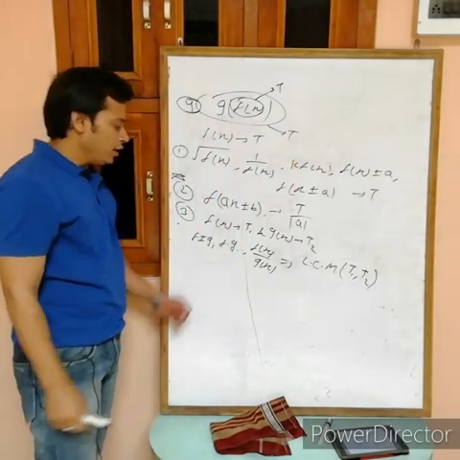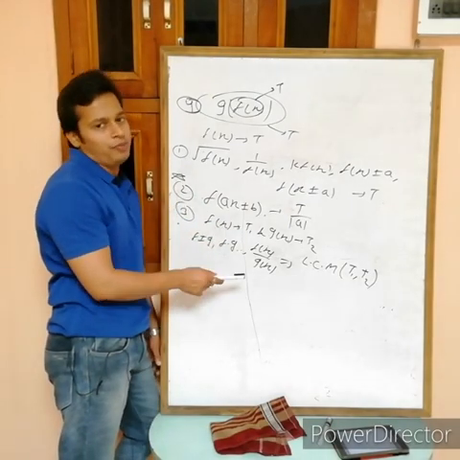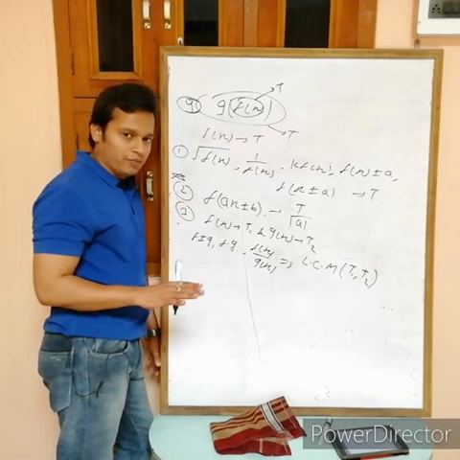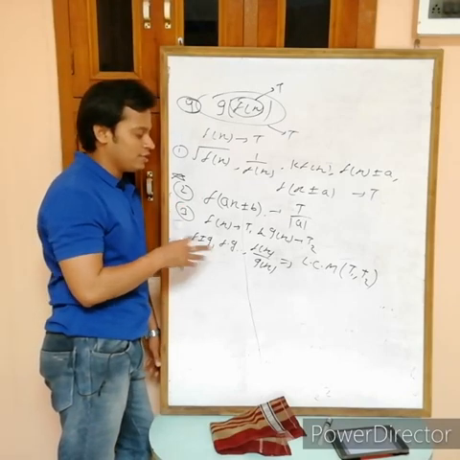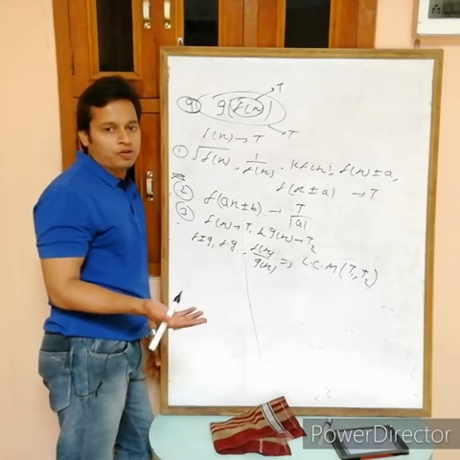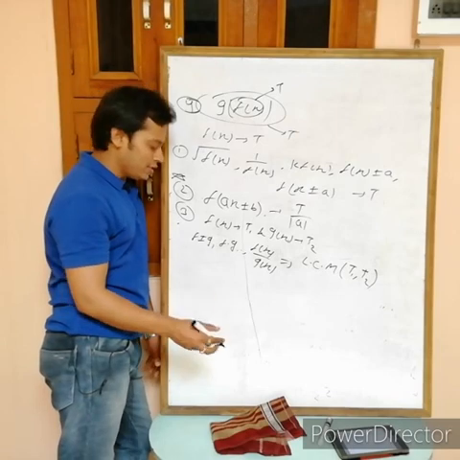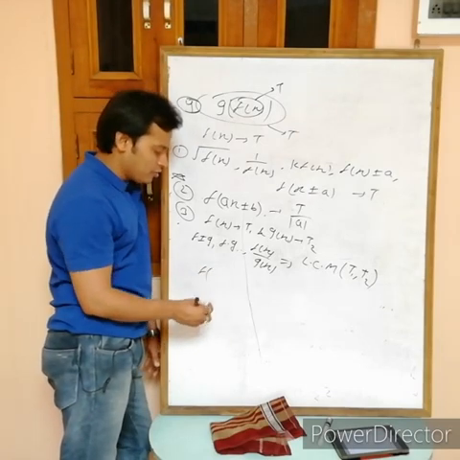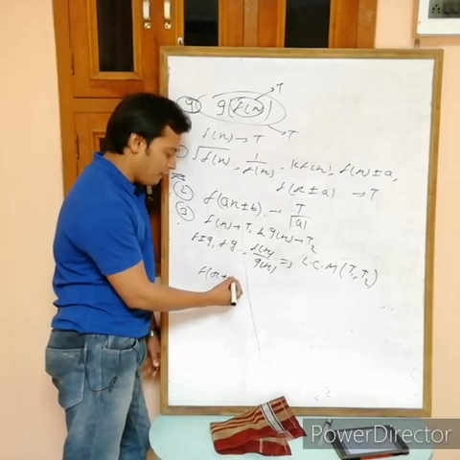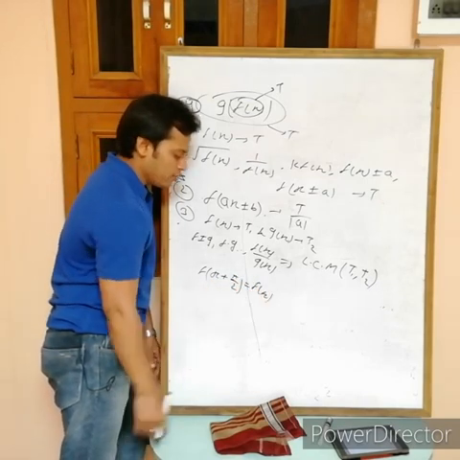And in this one it is not necessary that this LCM is the fundamental period. This one is a period but not necessarily the fundamental period. So suppose after the LCM you are getting pi, then check for pi by 2, it means whether pi by 2 is a period or not. If pi by 2 is a period, then the least value is the fundamental period. Now how can you check? That is simple. Suppose you want to check whether pi by 2 is a period or not, pi by 2 will be a period if f(x) plus pi by 2 equals f(x).